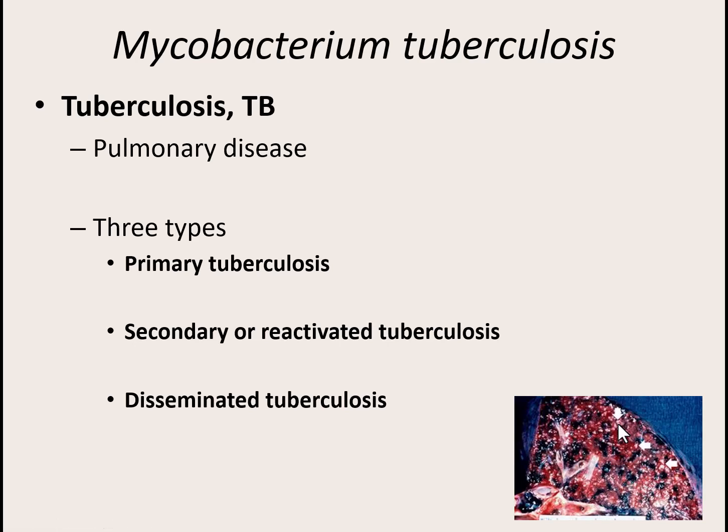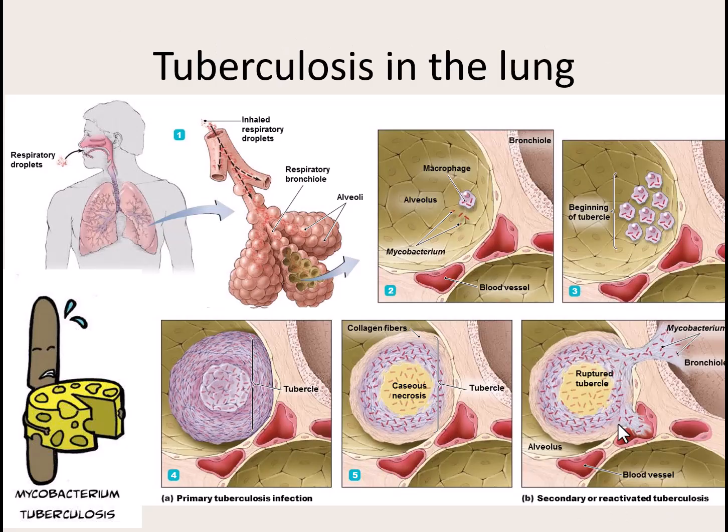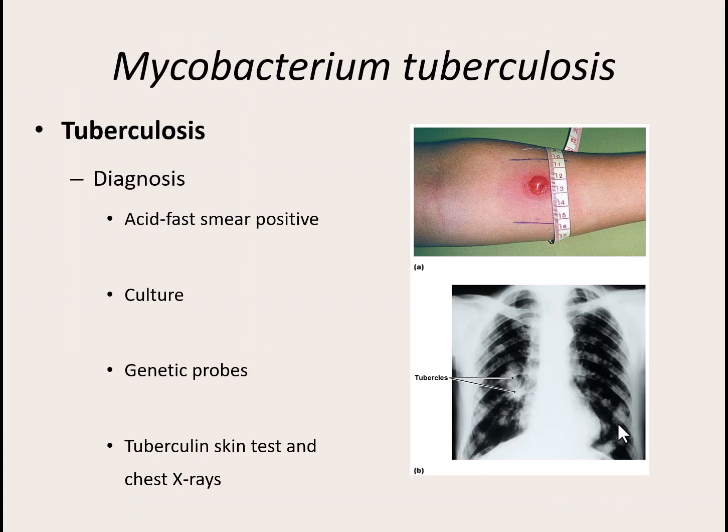Now, diagnosing it, well, they can easily take a sputum sample, do an acid-fast smear, and if you remember, they're looking for pink. I mean, although pink is kind of pinkish purple, as for acid-fast positive, that would tell you that it's a Mycobacterium. And of the Mycobacterium, those three, this would probably be the more common one that patients would have. They can culture and grow out the bacteria. They can do genetic probes and look for the DNA. They can also do skin tests and do chest x-rays looking for some of these massive tubercles in the lungs.